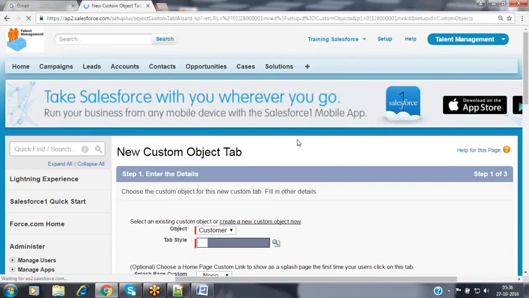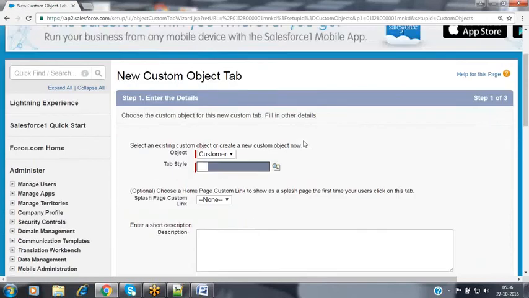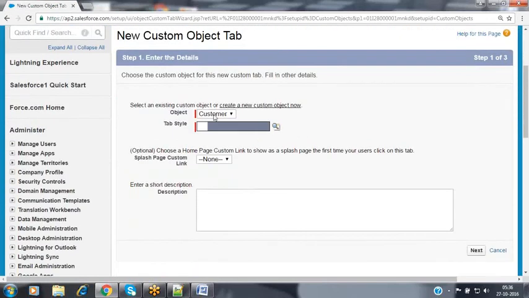So now Salesforce is going to create an object for you. While creating that object, we selected the last checkbox called launch a new custom tab wizard for your custom object. Here I want a tab along with this object so that I can use that tab to manage the records inside my object. If you want a tab, what is the tab style that you want for your object? Now it is giving that option here.